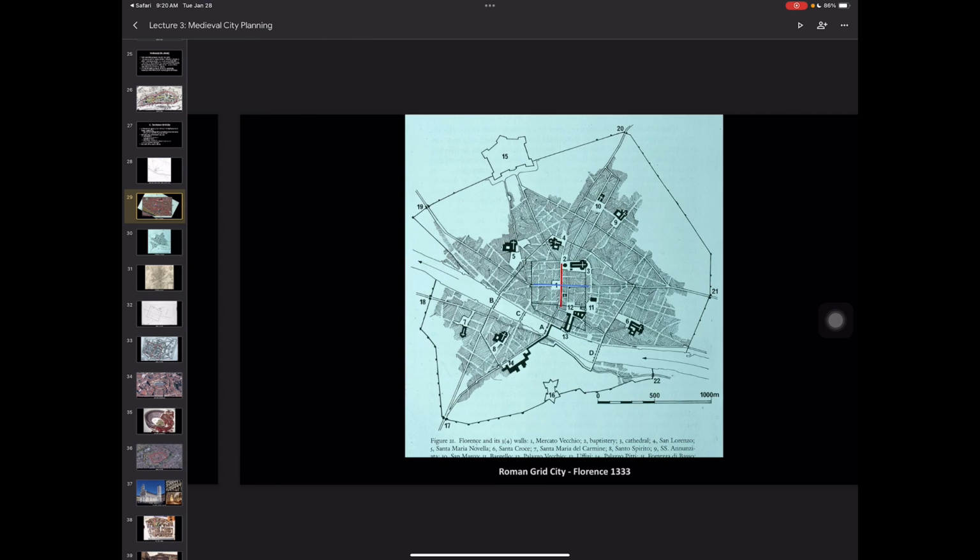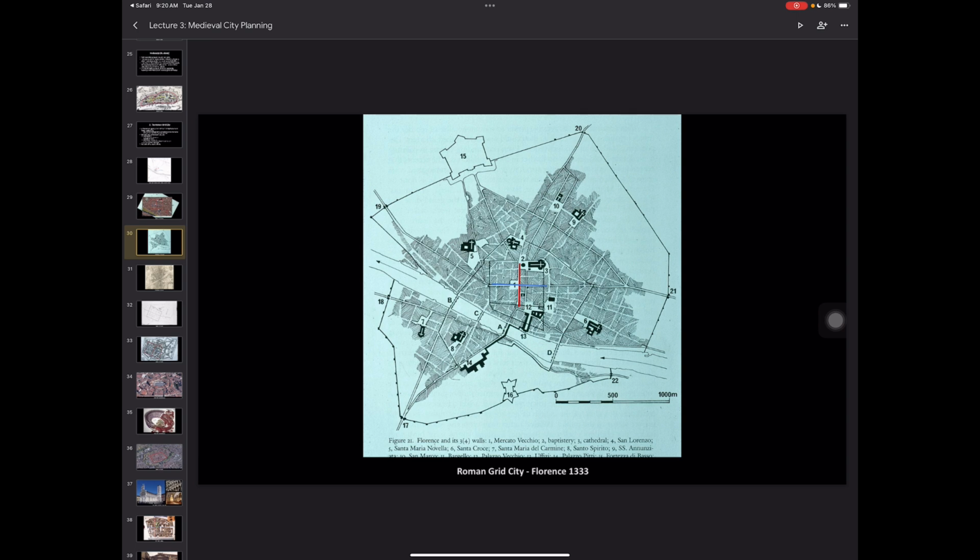So eventually Florence begins to grow, and I want you to notice that we do have a little bit of master planning going on here, right? So all of the hatched area is what is inhabited at this point in time, so 1333. And then notice that we do have a city wall, but it's not really at the edge of where people live. It's much more broad, right?